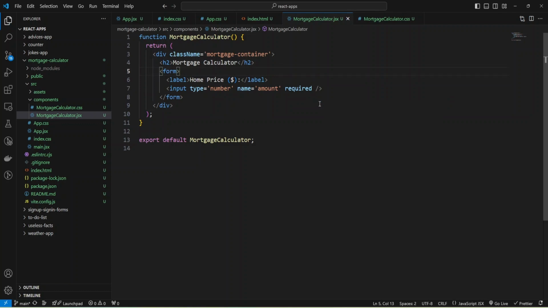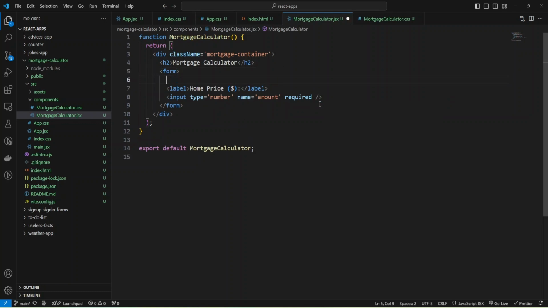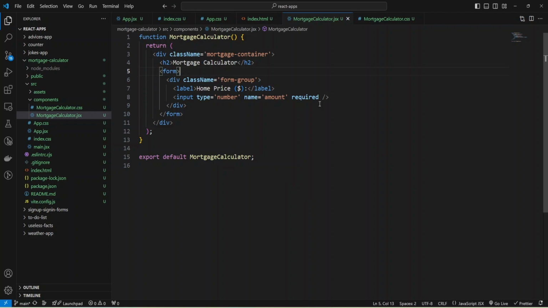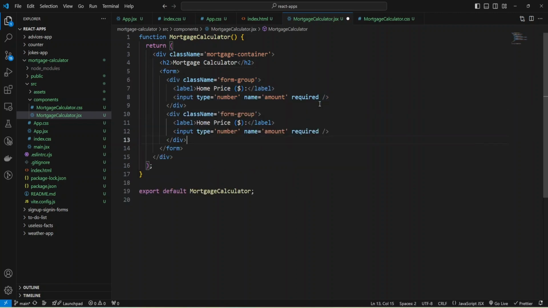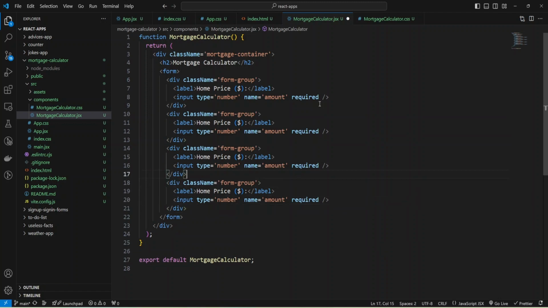And I'm going to add a div. It will be a container for my label and input. And I'm going to add class name form group, and just copy paste this form group for other inputs.